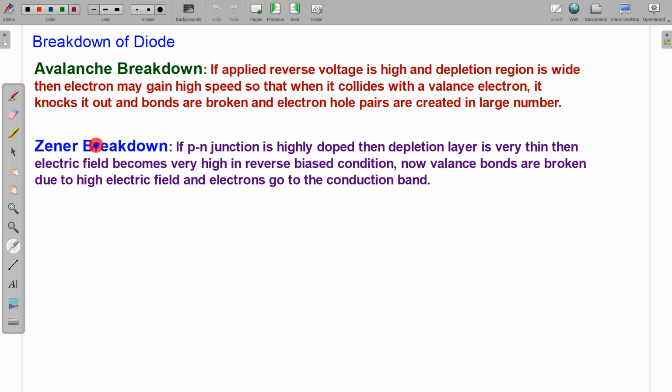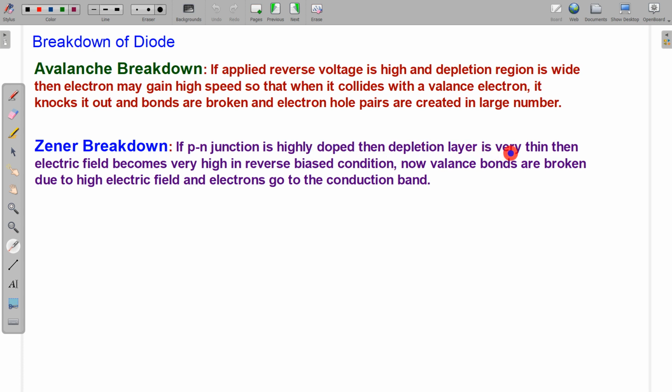The other mechanism of breakdown is Zener breakdown, and this mechanism of breakdown can be controlled by us. It says if the PN junction is highly doped, so this is under our control. We can dope it heavily, we can dope it lightly. So if the PN junction is highly doped, what is the benefit of this? As we know, as we increase the doping concentration, the depletion layer thickness will decrease. So for a highly doped junction